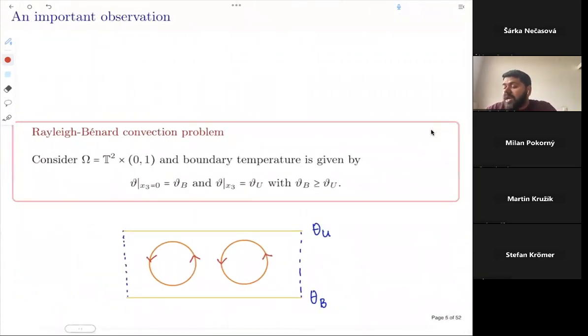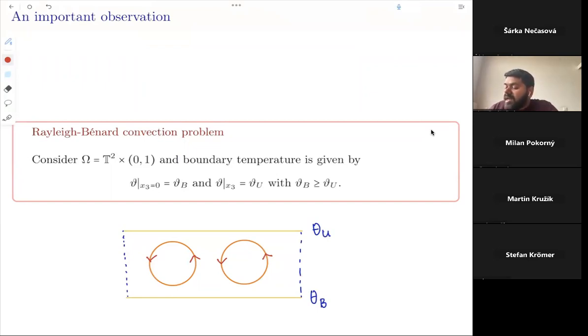Okay, so what is it related to? This problem is closely related to the Rayleigh-Bénard convection problem. The problem in a simplified form, you can consider Omega, which is a subset of a three-dimensional domain, where